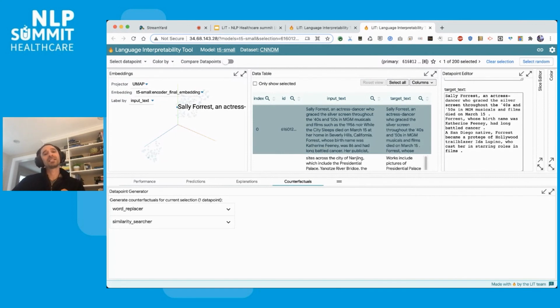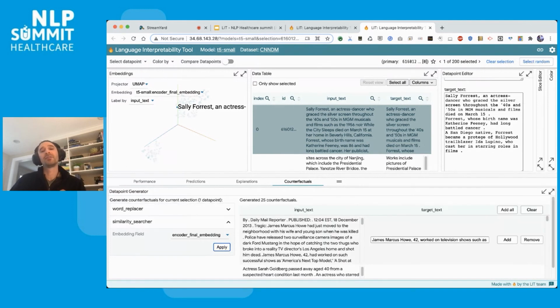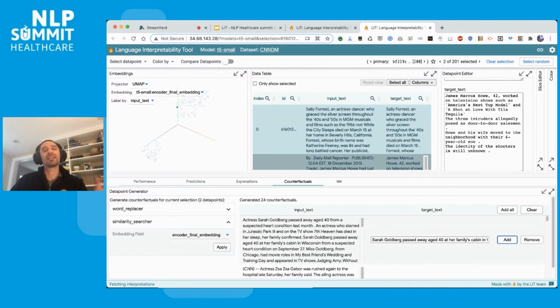One thing we built in for this demo is a different kind of counterfactual generator, which looks through the training data that we've indexed offline to find the most similar training data points to any given point in our eval set, to understand what training data may have affected this prediction output-wise. And we can just click apply here. Now we get 25 nearest neighbors in the embedding space from the training data to this eval data. So that's another great way to do model analysis, not just by looking at token-wise salience, but also looking at examples that were really important to the prediction.